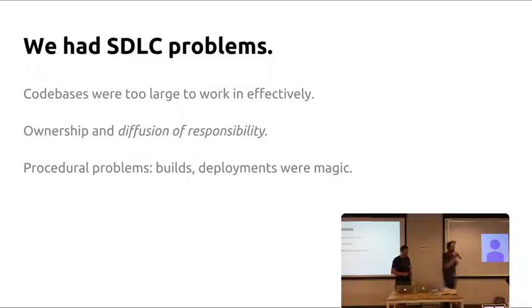The summary here is that we had software development lifecycle problems. We had a lot of code. It was doing great things for our business, but it was a pain to work in as a developer because of the problems that we talked about. It's just too large to work in effectively. We had serious ownership problems. Nobody knew what code was theirs and what wasn't. The lines were blurry. And then there were procedural problems. You didn't know quite what the process was to get your code deployed, to get your changes out, this kind of stuff. Monitoring was kind of a black science to most of the people who are here.